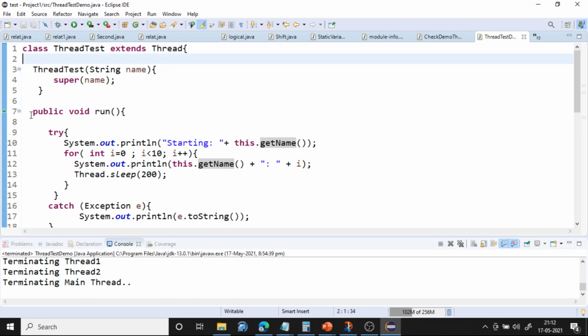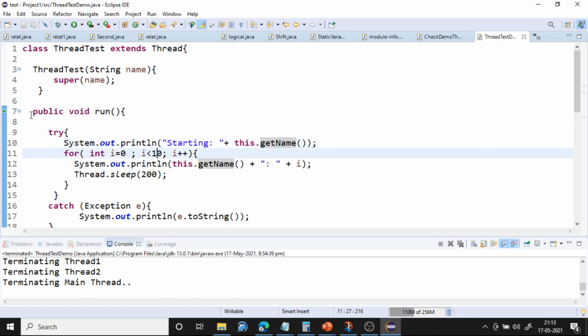But in this class we are not defining any getName. So where is this getName? This getName is a method which is available in the superclass, that is in Thread. In the class Thread there is a method called getName which will return the name of the thread. So if you have created a thread with the name thread1, then this.getName will return thread1, so it will say starting thread1.